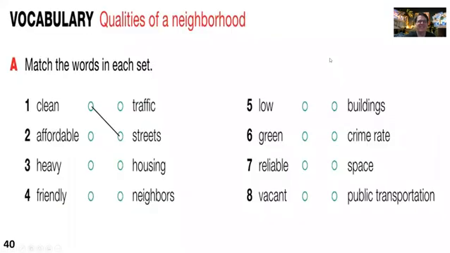All right, so these are the qualities of a neighborhood. All right, so I want you guys to match the word sets. So for example, clean streets. What's next? So these words and these words only, and then these words and these words only.